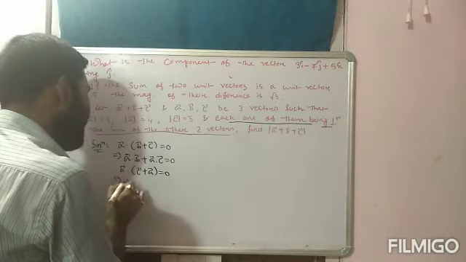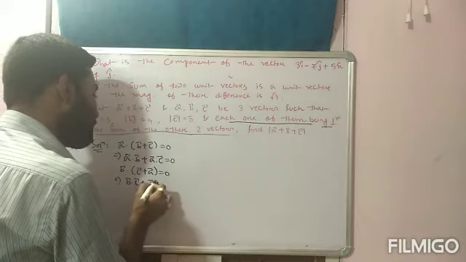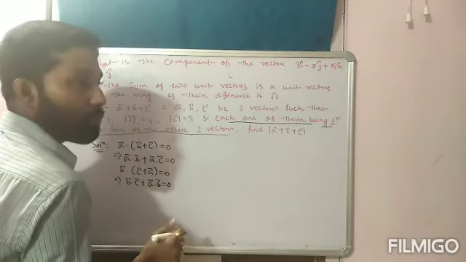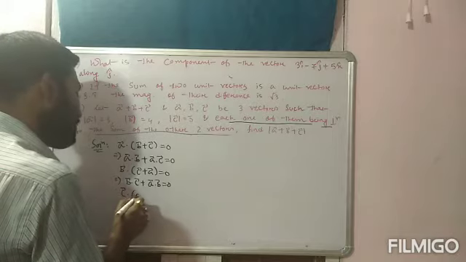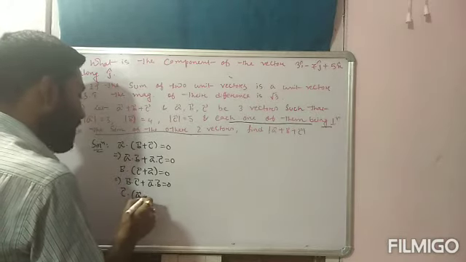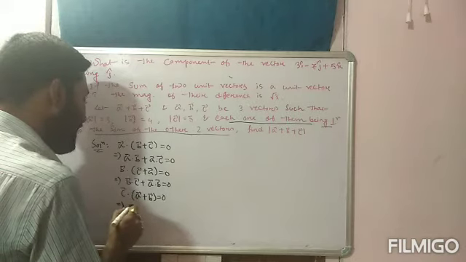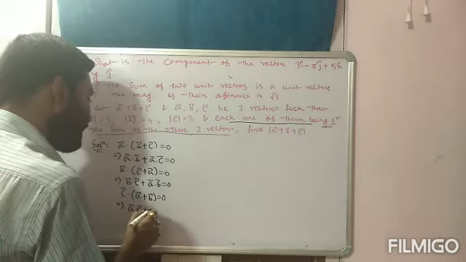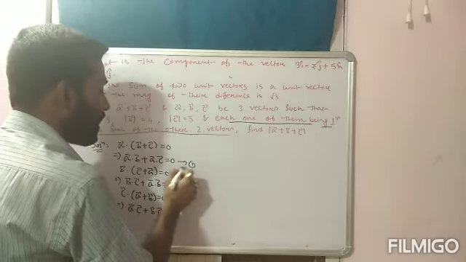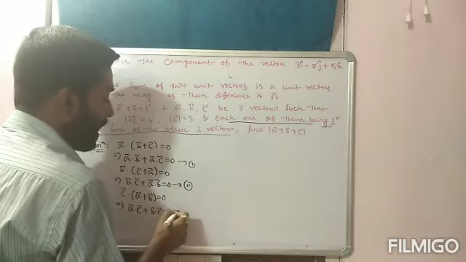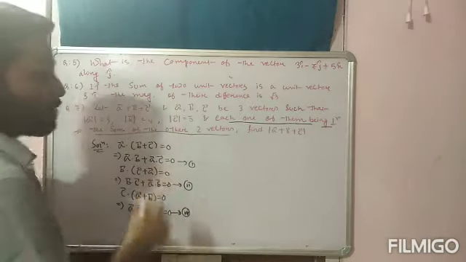So this can be written as b dot c plus b dot a, or a dot b also you can write, because the dot product is commutative, both are equal. And also c bar dot (a bar plus b bar) is equal to 0. That is a dot c or c dot a, and c dot b or b dot c. This is equation 1, this is equation 2, and this one is equation number 3. This is given in the question.